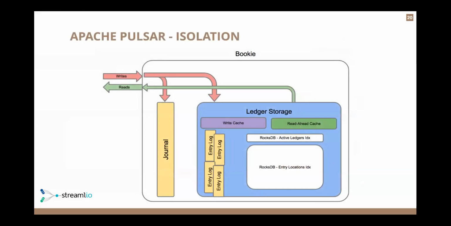We can accomplish this because we have isolated read and write paths within the bookie itself. So the writes come in and they get F-synced to the journal and put into a ledger storage, and then the reads come directly off of the ledger storage itself. You can actually separate those on separate disks, at least for the journal, for the incoming writes, which allows the performance of Pulsar to be much faster than other messaging systems which use it all on the same device. We alleviate the bottleneck at that particular hardware layer. Obviously, you can find more information on this on our website, but this at a high level is basically the secret sauce that allows us to perform better.